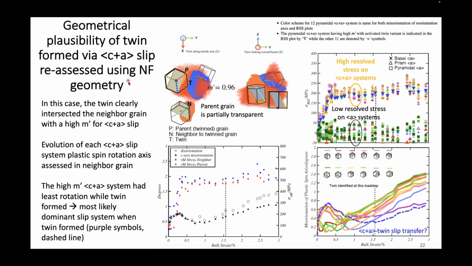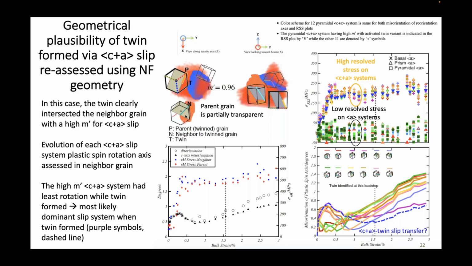Well, since we have the near field geometry, we can zoom in and take a closer look at these slip transfer conditions that we observe with a far field, or the potential for slip transfer occurring. So here's one where, again, we've looked at the parent grain and a neighboring grain. Here's the neighboring grain, here's the parent grain, and this blue thing is the twin that's inside the parent grain. And the geometry of the neighboring grain and the way the slip system is aligned matches nicely with